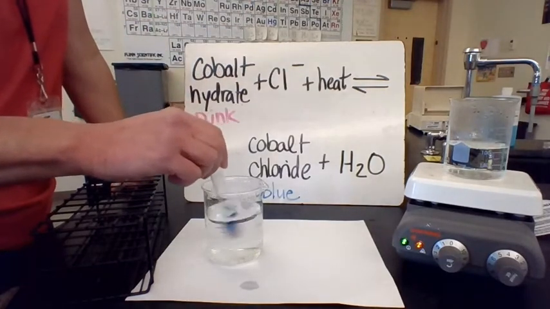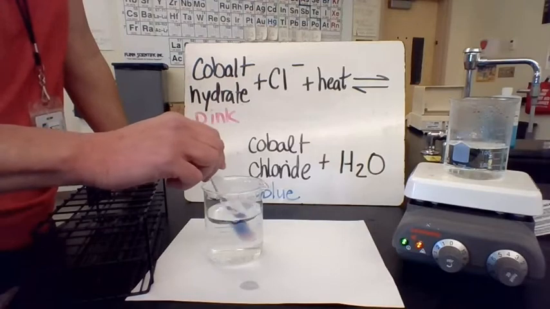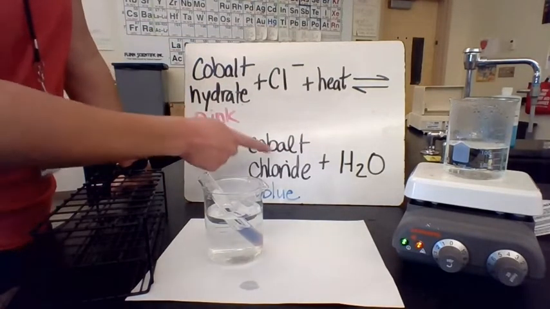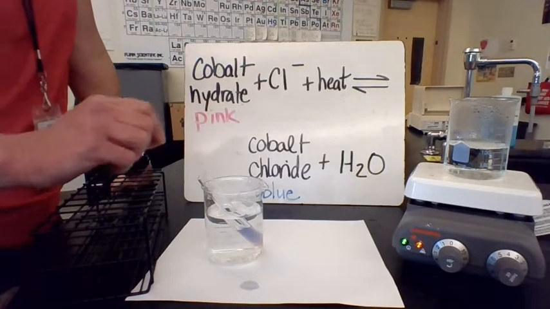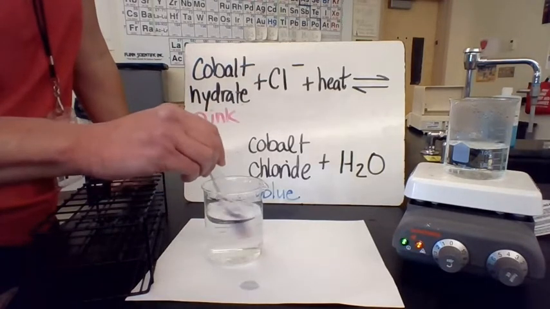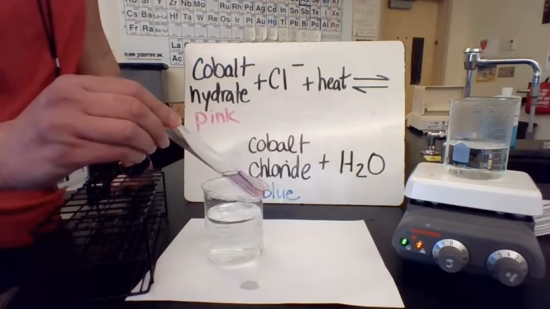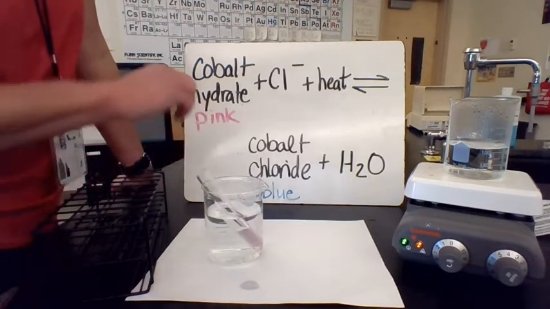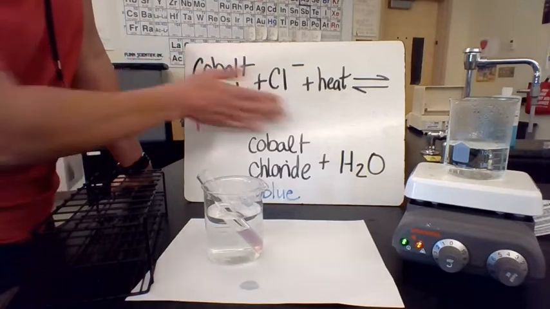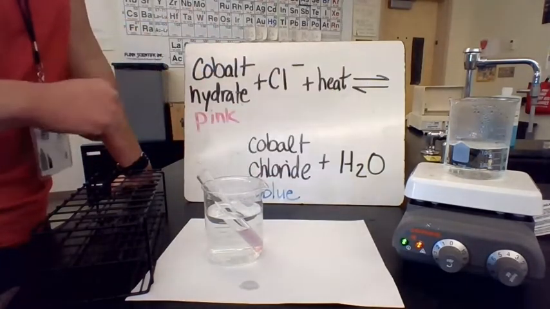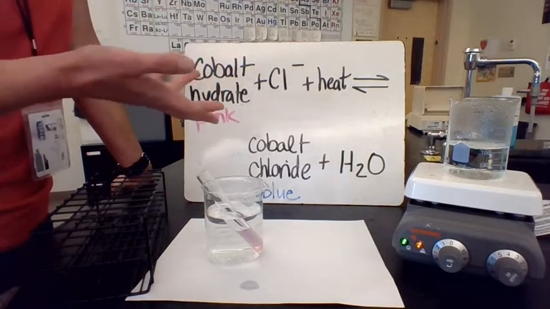So another way you can think of it is since we're removing heat, then the exothermic process becomes more favorable. So it's going to go in the reverse direction. And here you go. You can already see this color change happening. It is turning back to pink. Okay, so when we have an endothermic reaction like this, adding heat makes the forward reaction progress more. Removing heat will reverse that. And then we'll see the opposite if it were an exothermic